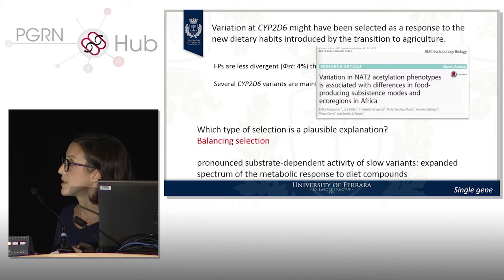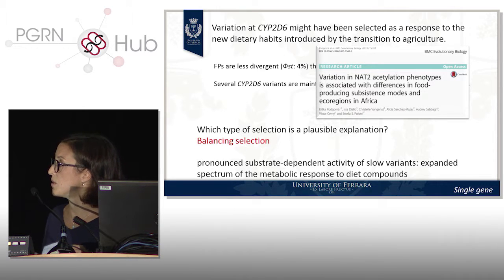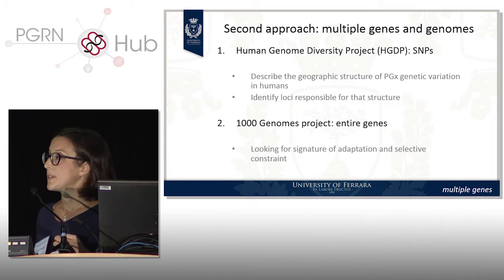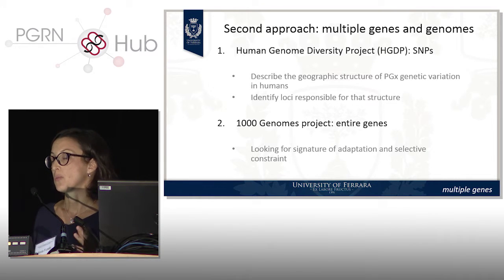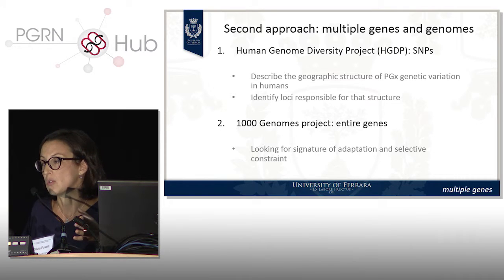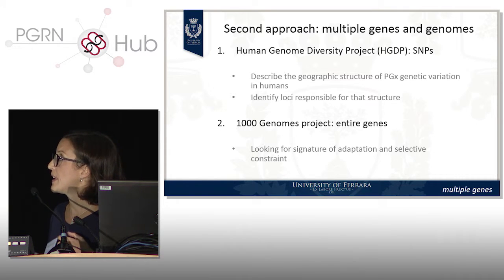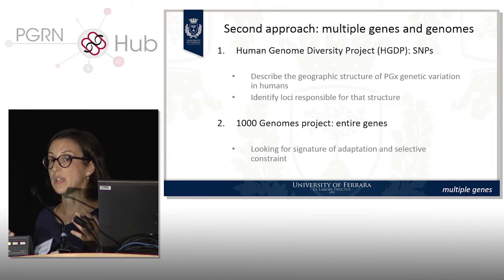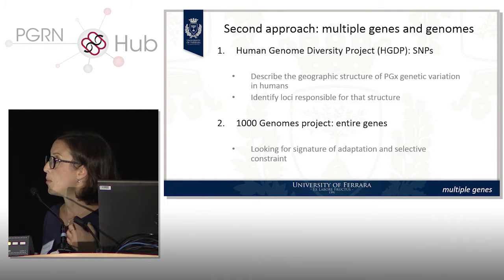And similar results have been observed at other genes. You see here the example of NAT2. So this was an example of how to approach the problem, how to study the evolution going to a single gene questions. But then if now we have available many other data that come from public projects,